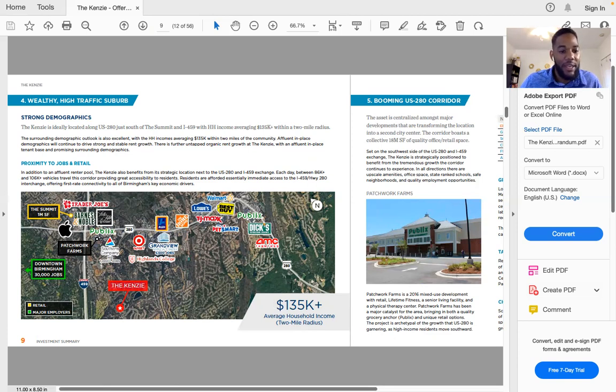Let's look at some of the retail and some of the businesses in the area, right? So we have an Apple Store here. We have Publix, the Summit right here. So this is like a high-end shopping center. There's a medical center right here, Aldi, Lowe's. So guys, based off of what we're seeing as far as retail, I would say this is a pretty decent area. Would you guys agree? Yeah. Awesome. All right.